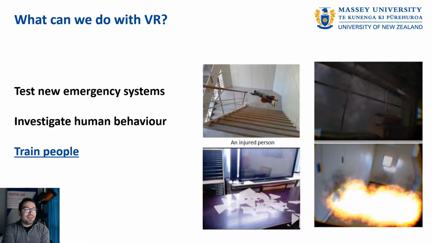From an augmented reality point of view, there is quite a lot that has been done to enhance existing training like fire drills and earthquake drills. And you can see that using this technology, you can put people that get injured or debris of an earthquake in your real drill. So you can see holograms popping up that create this kind of perception of the effect of disasters. You can also see the presence of smoke and fire that are completely digital, so they don't create any actual risk for the evacuee.